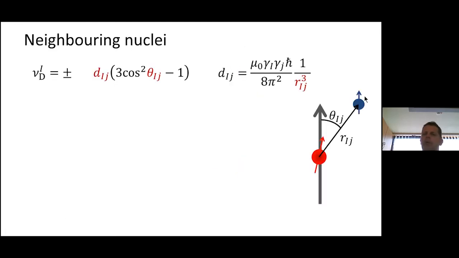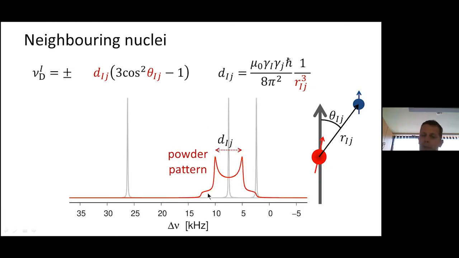I've mentioned before that we also have the contribution of neighboring nuclei. And these, again, are anisotropic in nature. They don't have an isotropic contribution, so there is no shift as in the chemical shielding case. There is only an anisotropic contribution, which broadens the signal if we're dealing with a powder. And it broadens it in a defined way if we have, let's say, well separated pairs of nuclei. So one pair of nuclei here, one pair far away, and another pair far away. Then all these pairs of nuclei in differently oriented crystals will give us this nice line shape, again a powder pattern,